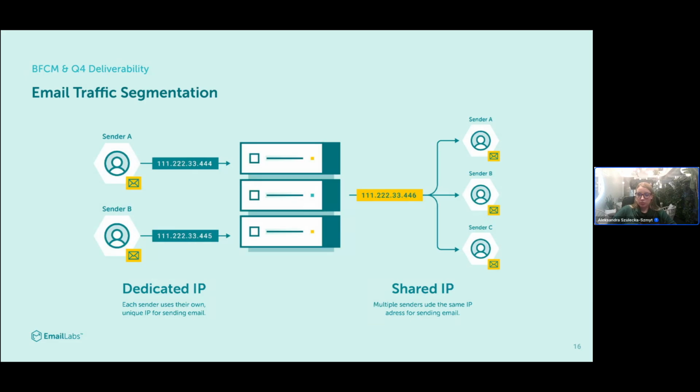You can also decide to use a shared IP address, but then you will have to remember that multiple senders are going to contribute to the reputation of this IP, of the server. It is easier though when you have a smaller contact base at the beginning, if you're still building it, to use the shared IP address, because sometimes the contact base and the email volumes may not be enough to build a reputation in the provider's eyes while using a dedicated IP address. So it is always important to know what your own needs as a sender are, what volumes you have, what your plans on expanding the contact base are, and then choose accordingly.